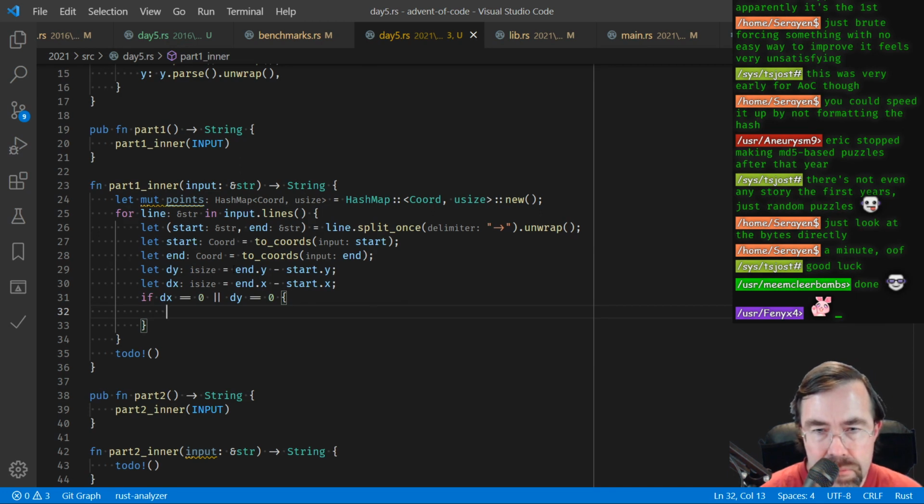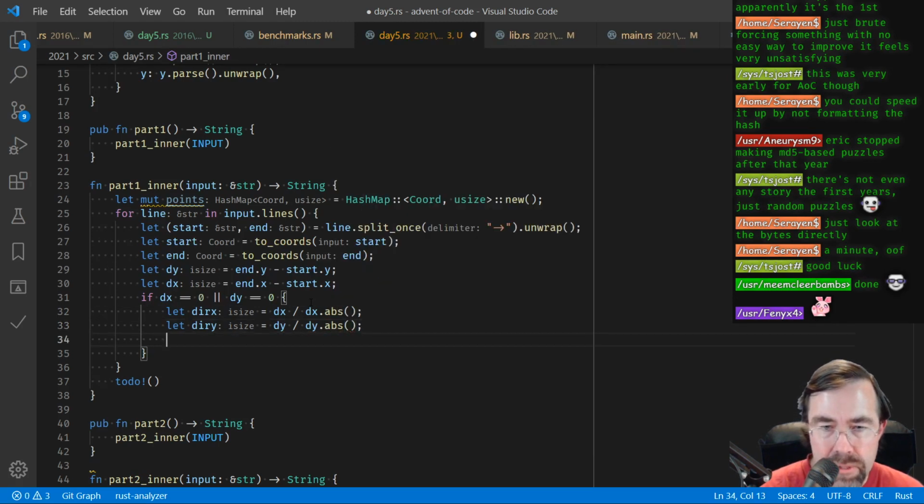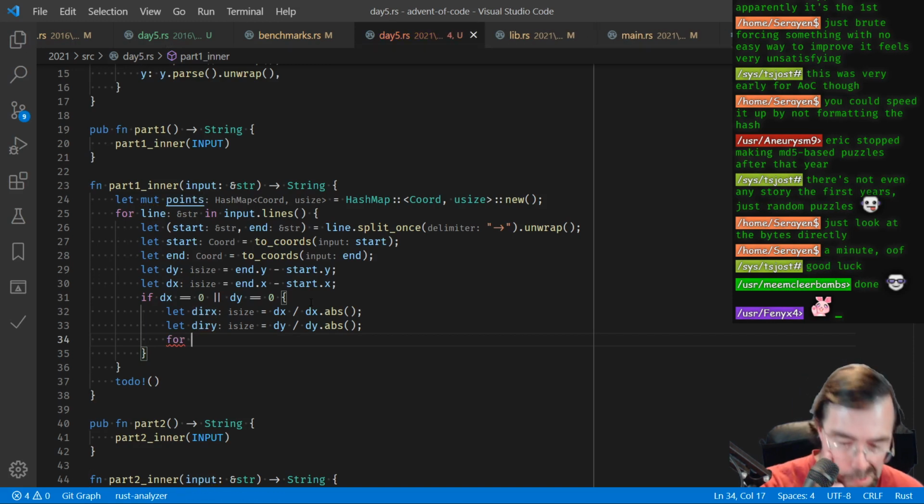So we'll say let direction x equal dx divided by the dx dot absolute value. Let dir y equal dx divided by dy dot absolute value. And then for, well,